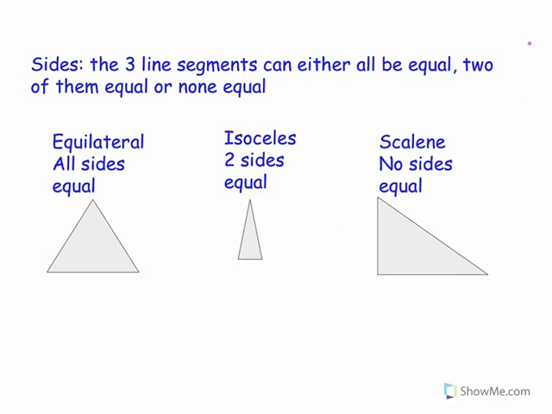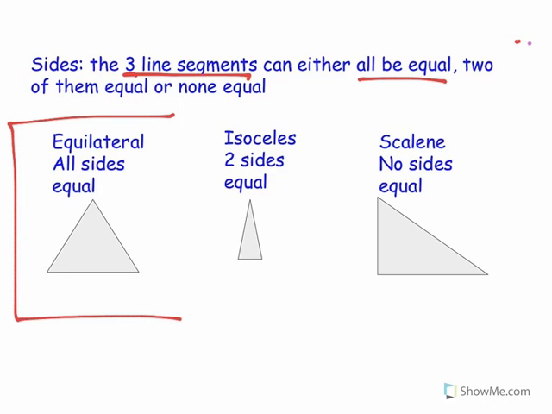We can also classify a triangle by its sides, as we see here. So, the three line segments can either be all equal, in which case we would say it's an equilateral. So each side is exactly the same length. So I'm looking at how long each side is. That's what I'm looking at when I'm classifying by sides. Or,